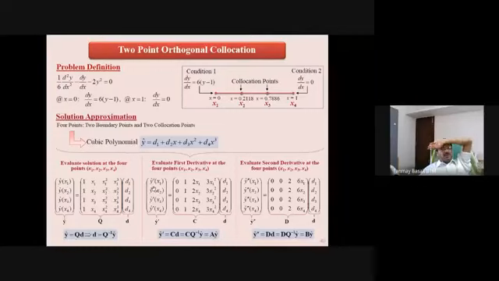So for the first derivative, we need to take the first derivative. So it will be 0, this will be 1, this will be 2x1, this will be 3x1². You see, subsequently the same thing will be followed for the second point, third point, and the fourth point. So you have another format of the y prime vector. This is having a matrix C multiplied by D.